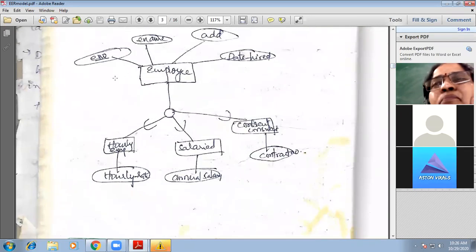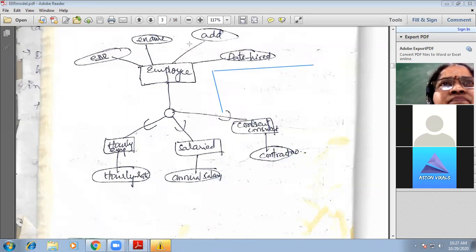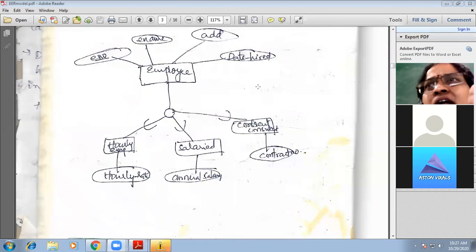For the employee table, we have some instances like this: employee number, employee name, address, and date hired.